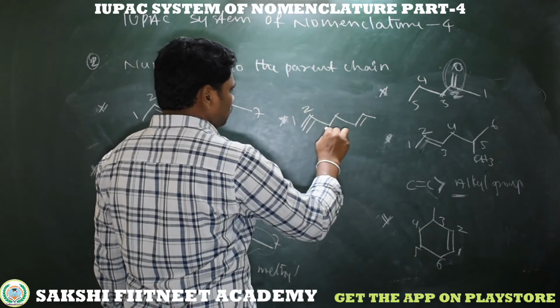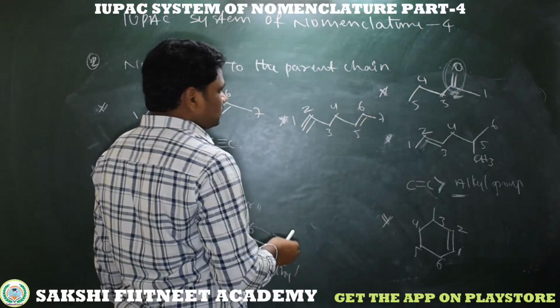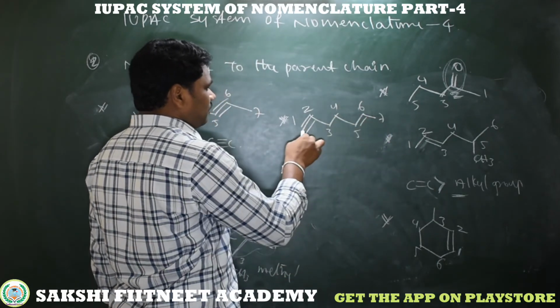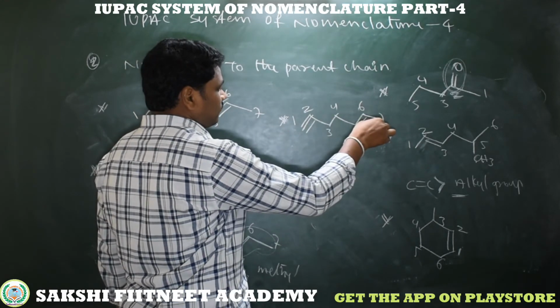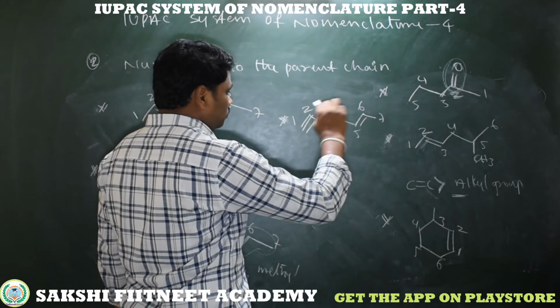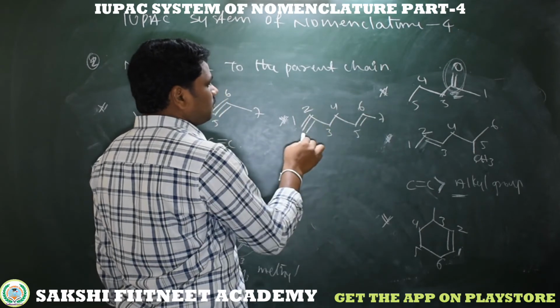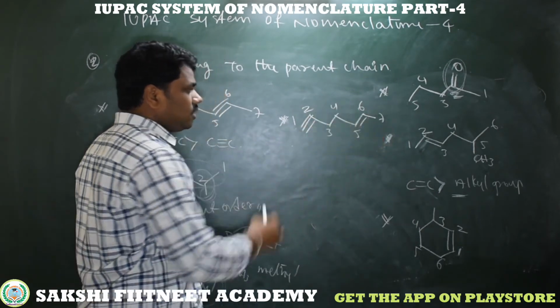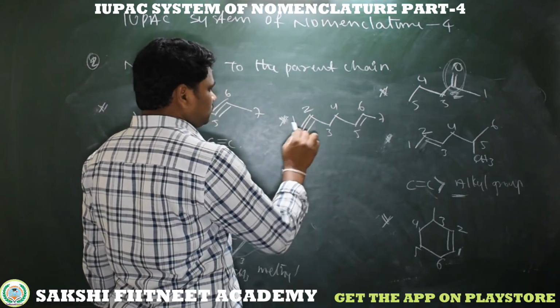1 2 3 4 5 6 7. So you can ask whether the double bond is higher priority than the triple bond. Here the triple bond is at the first position, and here at the first position nothing is there. So the competition is between the first carbons. The triple bond becomes higher priority compared to a simple sp3 carbon. So based on that, I'm starting numbering from the left side.